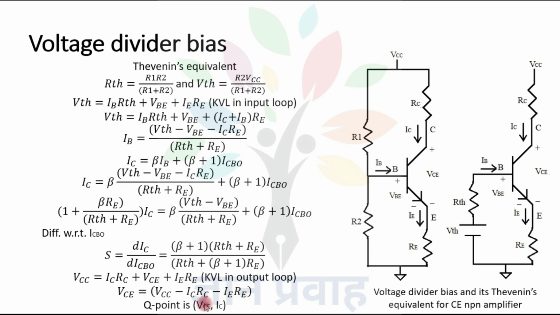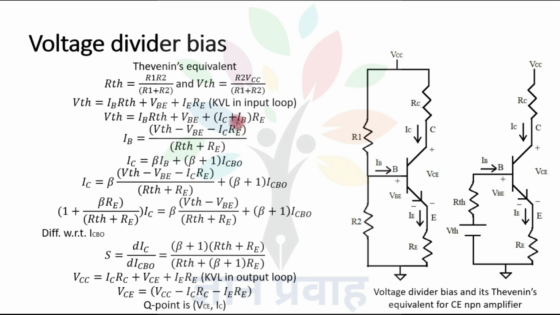So we have calculated the value of VCE and IC, that is the corresponding values of the Q point. If IC is increasing due to any type of variation, then this factor is also increasing. The IC RE factor is also increasing, and it reduces the value of IB. If IB reduces, it means IC further reduces. It means the variation effect is nullified here.